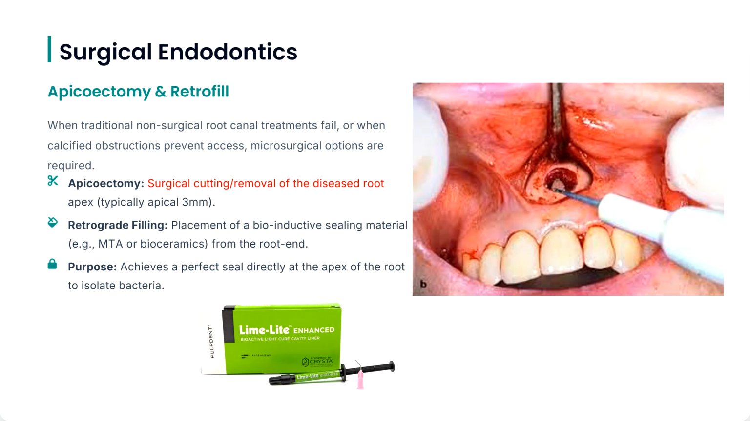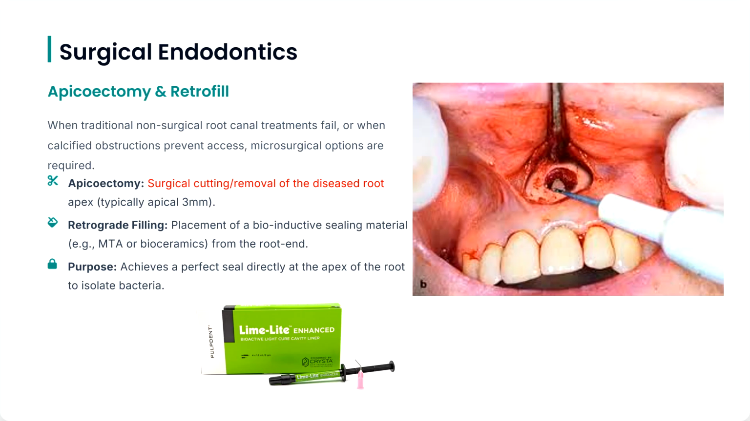So if a root canal fails, or something happens, or you can't get access to the canals, well, then you have to go in the back way. So you can't go in through the top of the tooth. You have to go in the bottom, or the root. So you got to know this procedure. It's in red. An apicoectomy is just the surgical cutting or removal of a diseased root. So you take off the diseased root, usually with like a little drill,